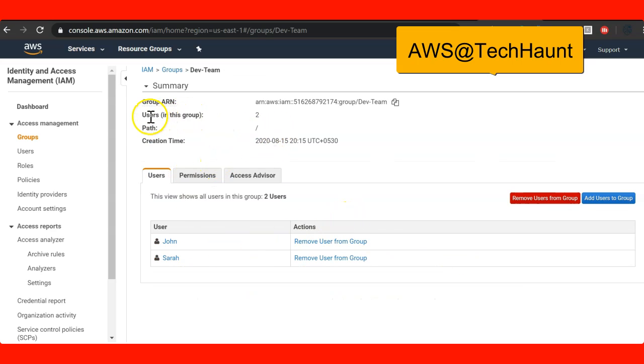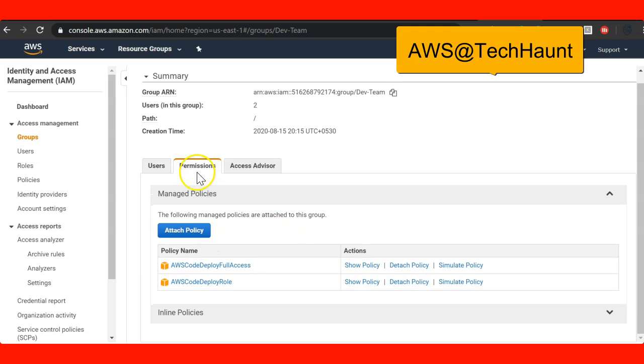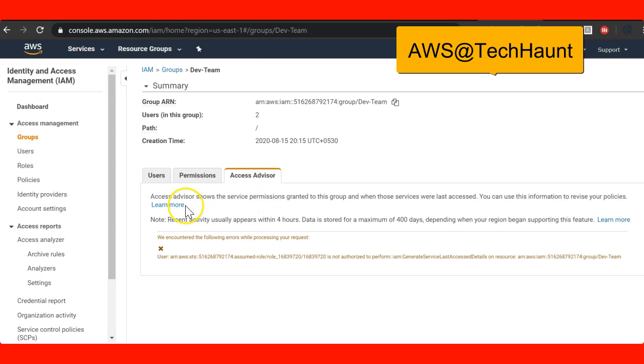So now you can see the group ARN, number of users, their path and creation time, and so on. You can see a lot of information there. What policies, what permissions we have for these groups, you can see under the permissions tab. This is a very good tool, Access Advisor. It shows the service permissions granted to this group and when those services were last accessed.